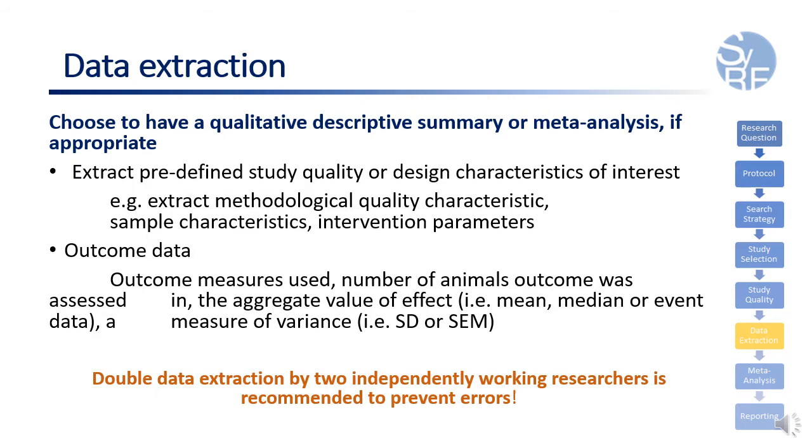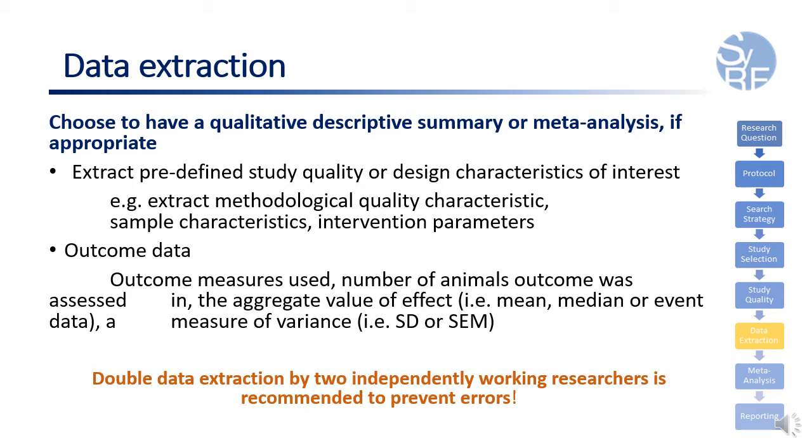Once you have selected studies for inclusion in your systematic review, you can extract relevant data you want to present in your summary. Depending on what you're interested in, what data you are able to collect, you can choose to summarize your data qualitatively by describing the field in general, and if you have enough quantitative data and it is appropriate, you may also want to perform a meta-analysis. So you may want to extract data like where a study has reported randomizing the animals to an experimental group, or performed a study blinded to these group allocation.